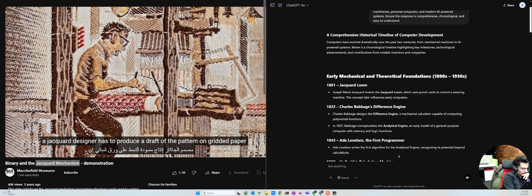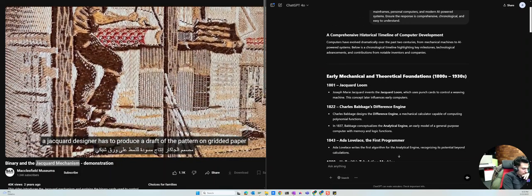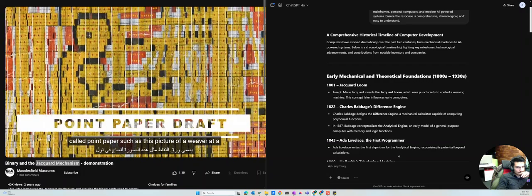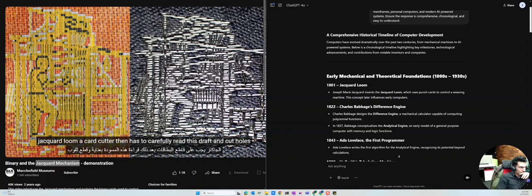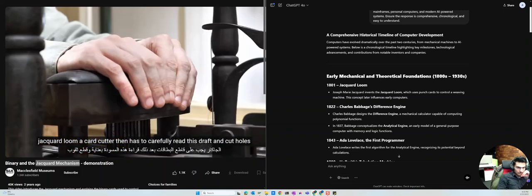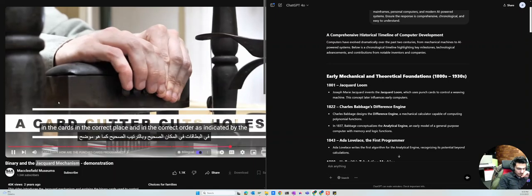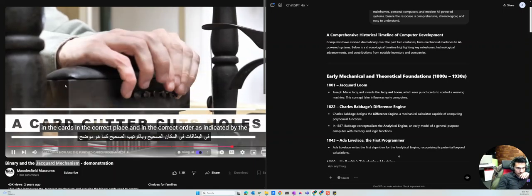A Jacquard designer has to produce a draft of the pattern on gridded paper called point paper, such as this picture of a weaver at a Jacquard loom. A card cutter then has to carefully read this draft and cut holes in the cards in the correct place and in the correct order as